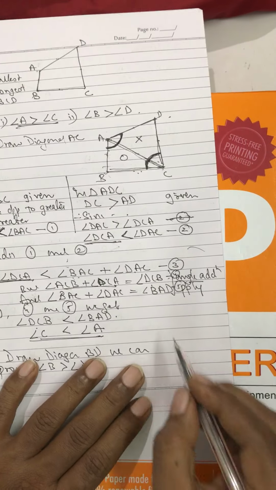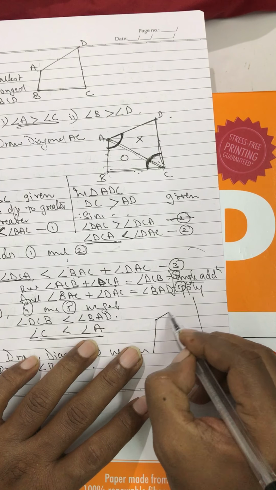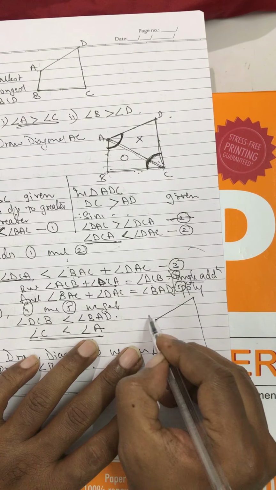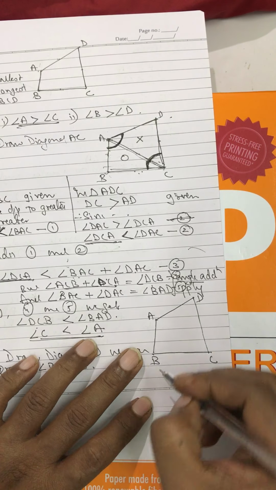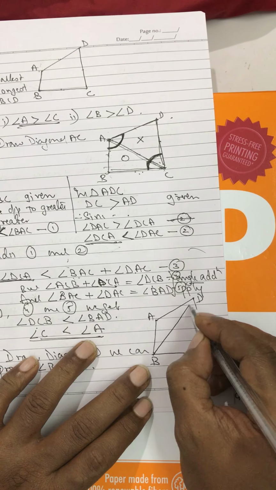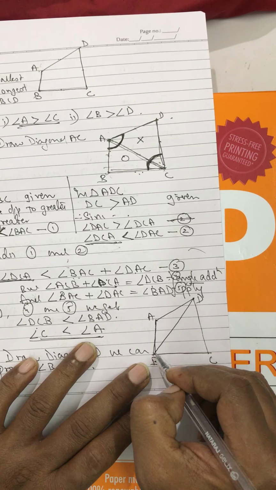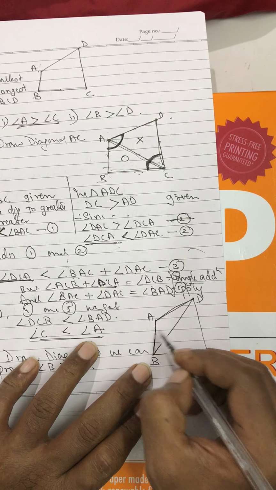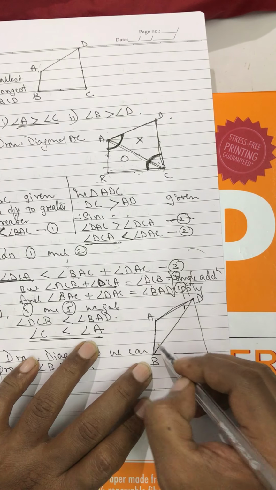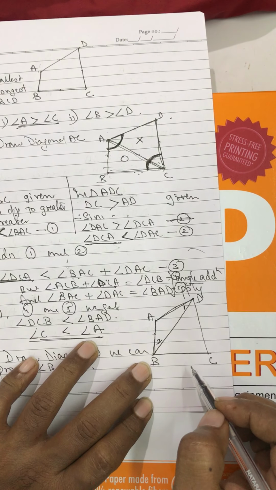I hope you all are getting this. You all can try this. This I give you for homework. It is like this: A, B, C, D. Now what you will do? You will draw this. So now you will compare. AB is smaller than AD. Therefore, angle opposite to AB will be this. This will be a smaller angle and this will be a greater angle, because this is smallest, right?